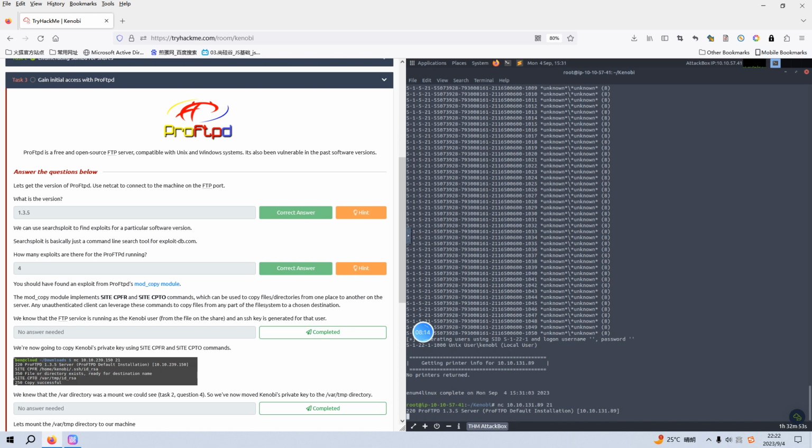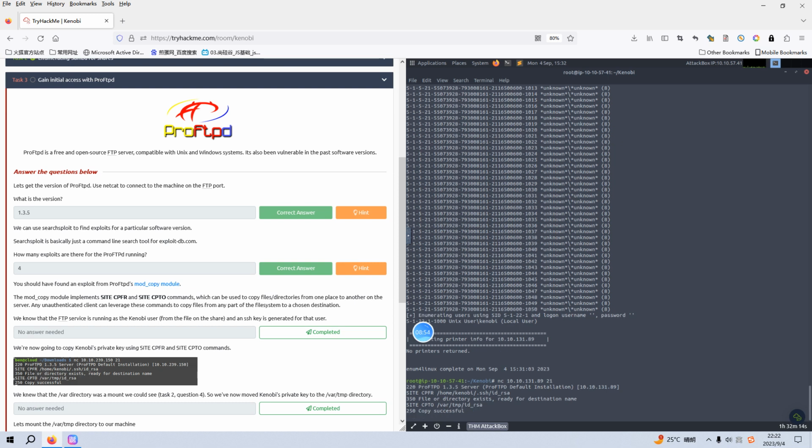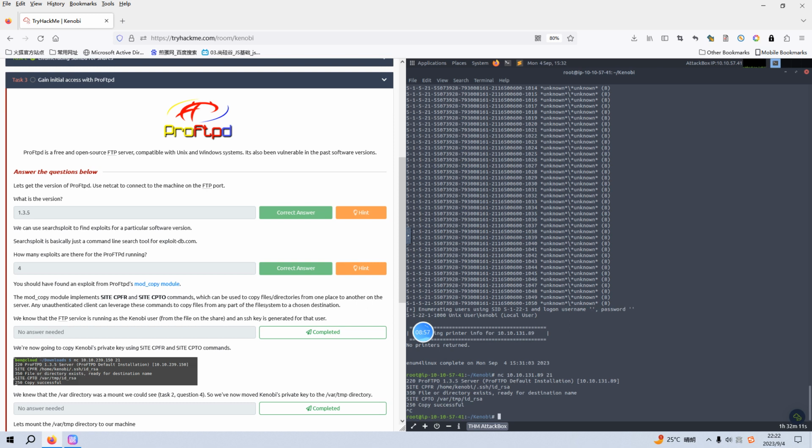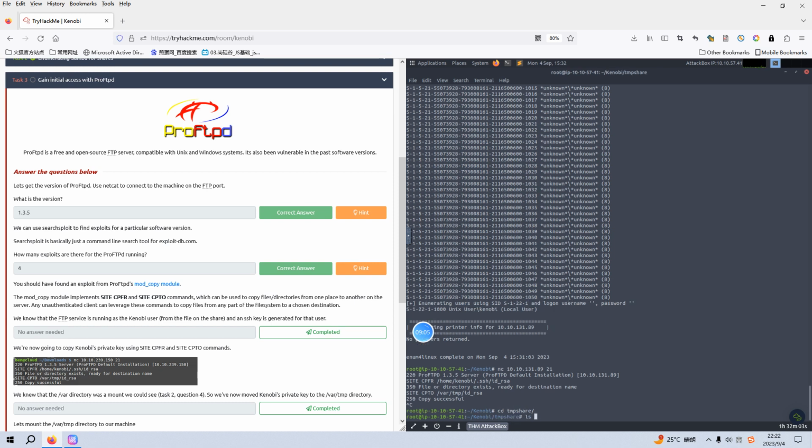And the file I'd like to copy is the private key, and we can use the site command, and the source should be Kenobi SSH. And then we use the site copy to the /var/tmp directory. Yeah, copy successful. Now we can quit and we can navigate into the mounted directory, and we can list the